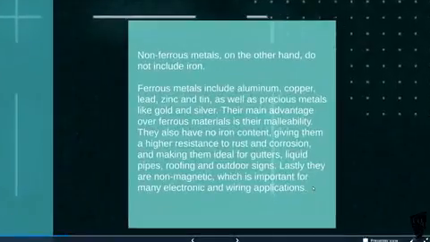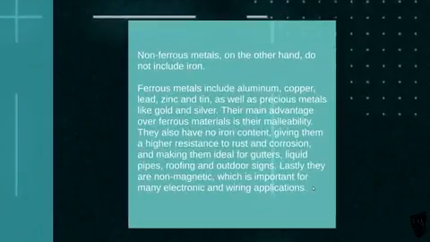Non-ferrous metals, they've got no iron in them, so they don't tend to corrode very much. So the metals include aluminium. Aluminium does corrode, but it just forms a protective oxide film on its surface. Copper, lead, zinc and tin, they all corrode, but at different rates, much slower than steel does on its own. And then you get your precious metals like gold and silver, which you'll tend to find in electronic components more than anything, unless you're a sheikh down in Oman or Saudi Arabia, where you've probably got a solid gold toilet,